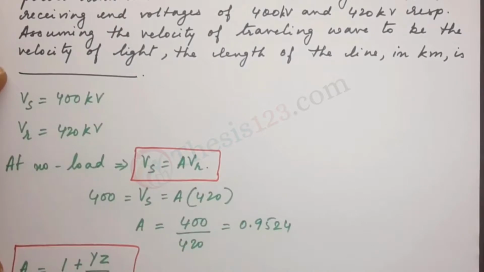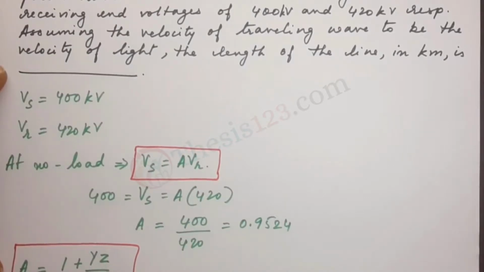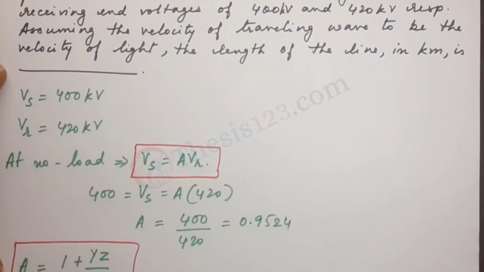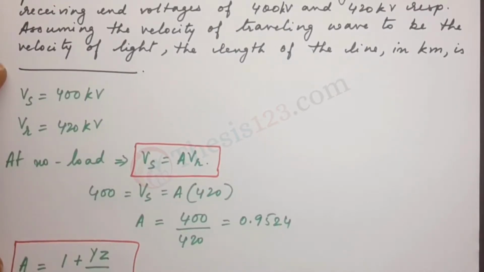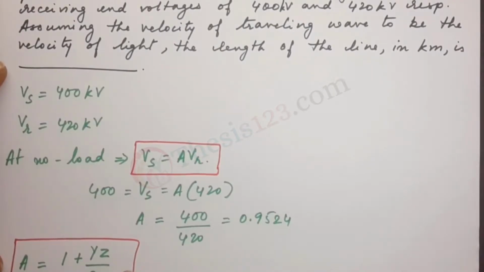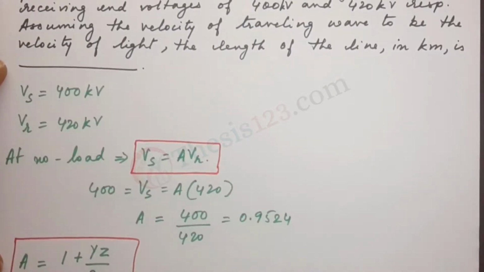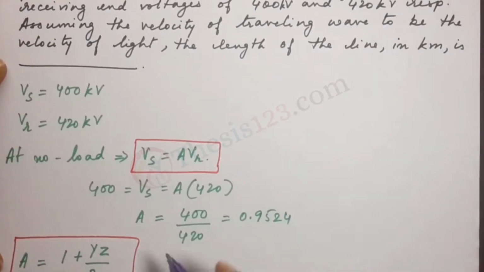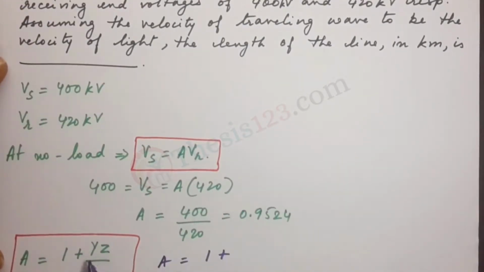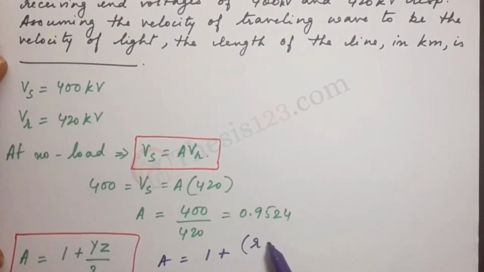So A is a constant with respect to the impedance and admittance. Okay. Right. Now the next step is to expand this. Let's expand this in terms of inductance and capacitance. That's our next step. So A would be equal to 1 plus, now the admittance can be written